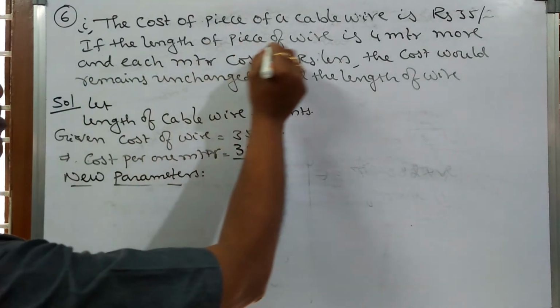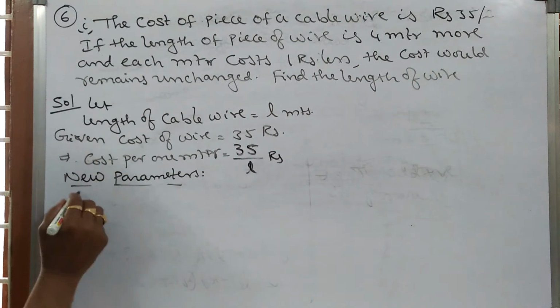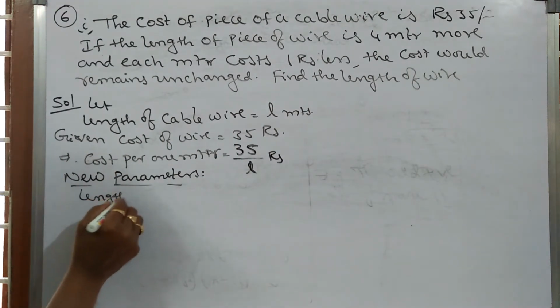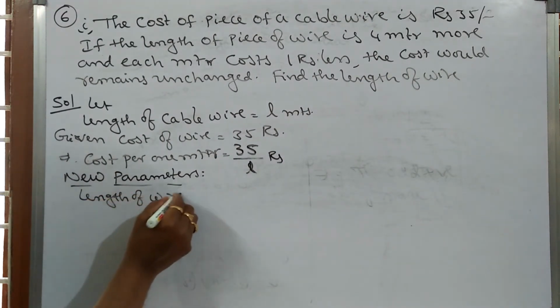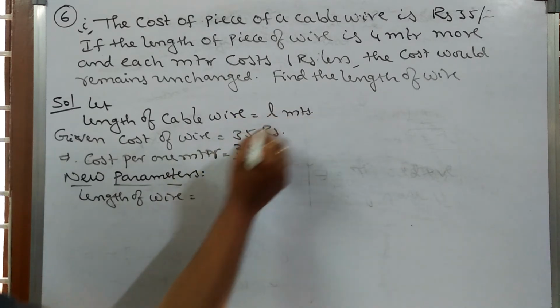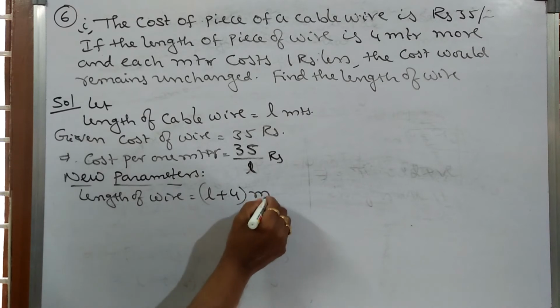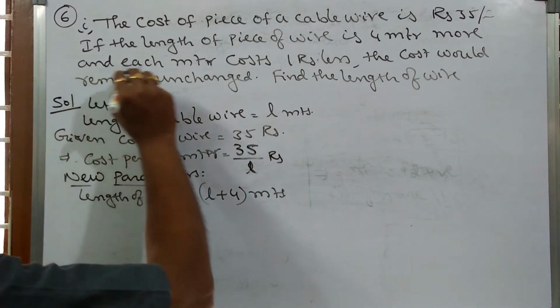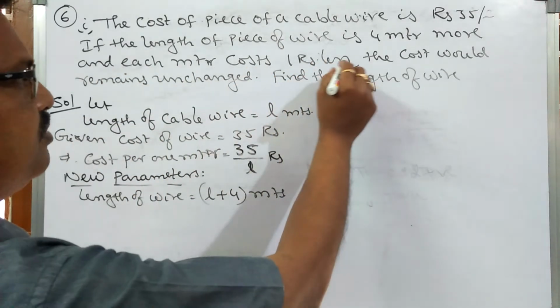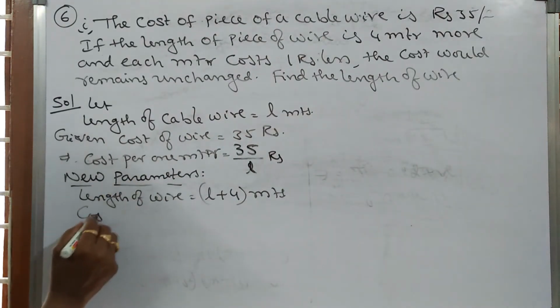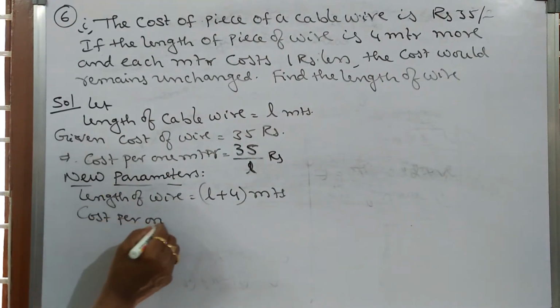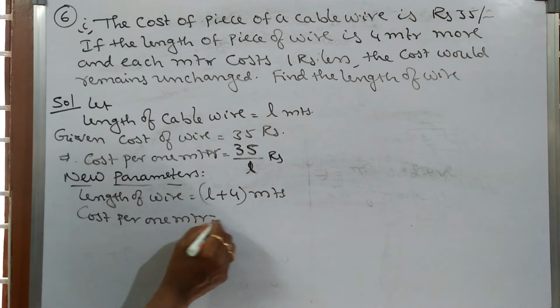If the length of the piece of wire is 4 meters more. So now the length of wire is 4 meters more. Actual length is L, so now the new length will become L plus 4 meters. Now what is it saying? And each meter costs 1 rupee less. Cost per 1 meter is equal to